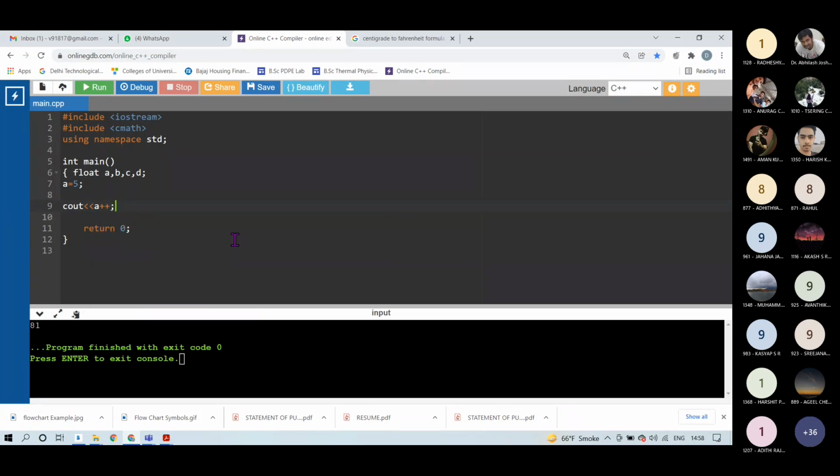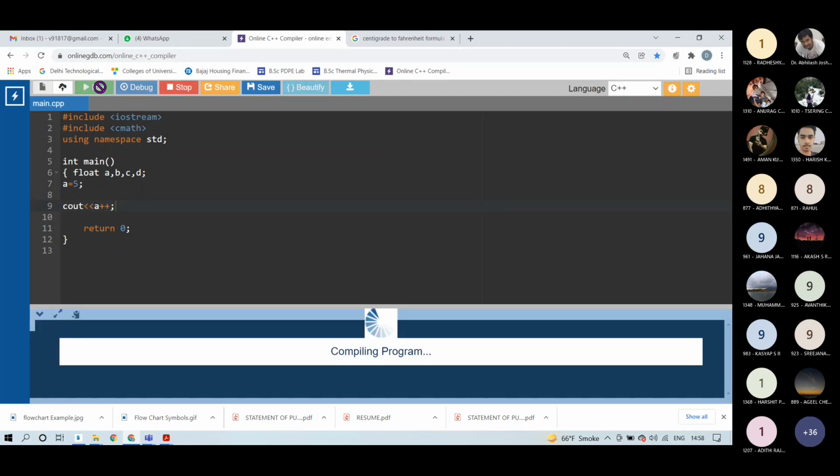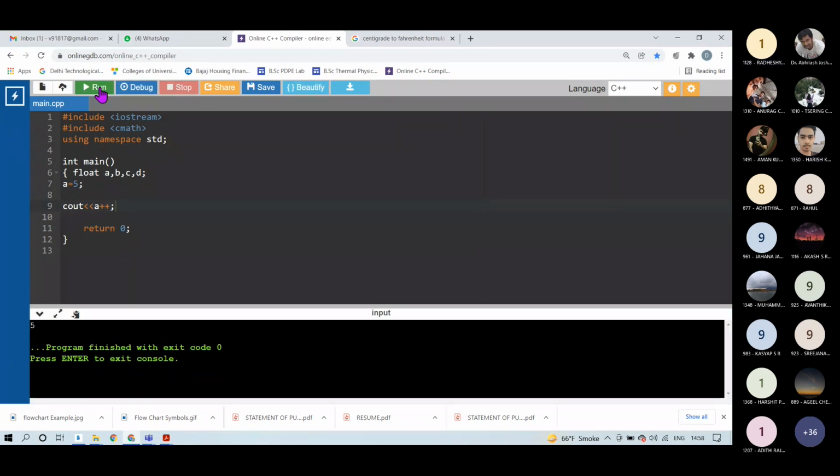Can you tell me what will be the output of line 9? 5. Yes, it should be 5, right? But on the other hand, if I write plus plus a, what should be the output? 6. Very good. Now it is 6, you can see.